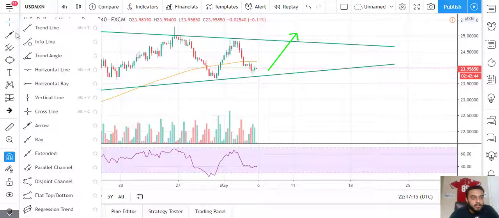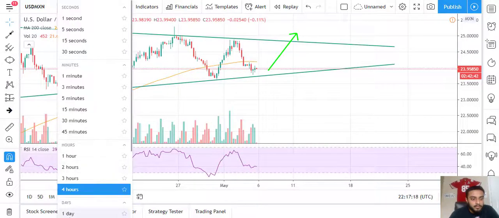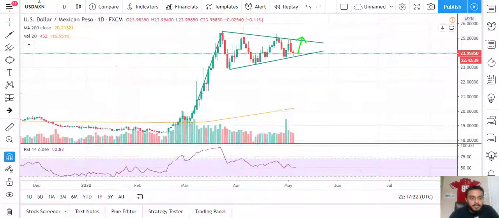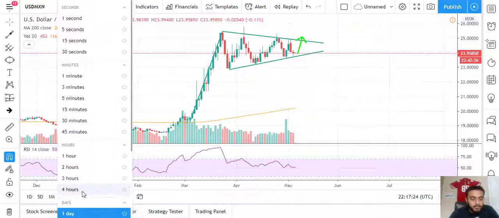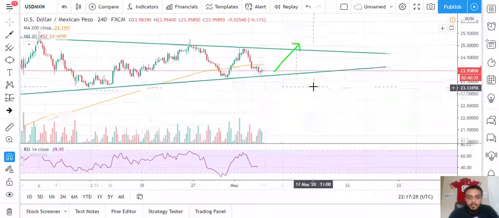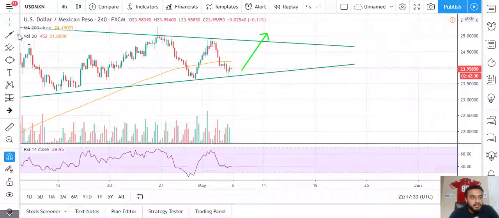We're gonna go ahead and let's just do this on the daily time frame so it's a little easier to see. All right, actually I'm sorry guys, we're gonna go back to 4 hour. I like the 4 hour. All right guys, we're just gonna zoom out a little bit. There we go. All right, so then something like this,